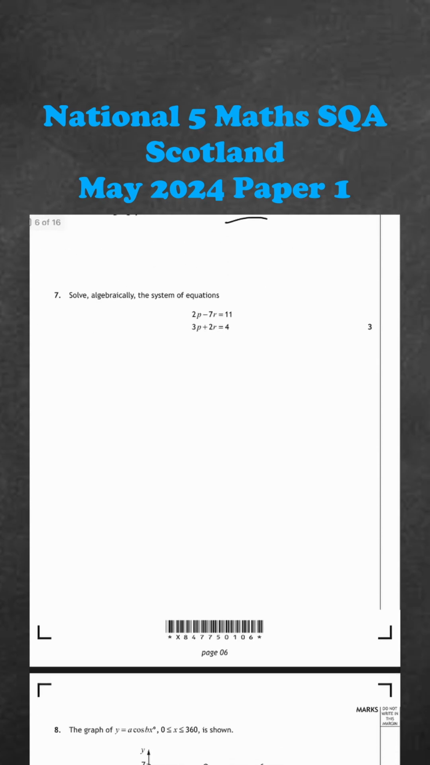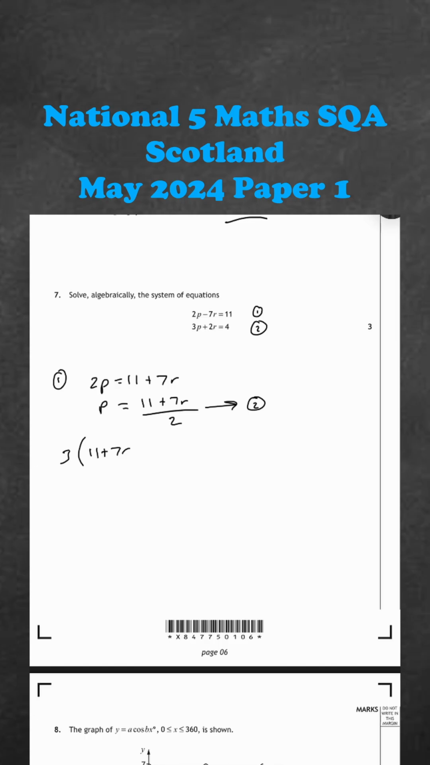Question number 7. Solve algebraically the system of equations 2p minus 7r equals 11, 3p plus 2r equals 4. So I'm going to make it so this is equation 1, this is equation 2. If I look at equation 1 and I say 2p equals 11 plus 7r, then I can say p equals 11 plus 7r over 2. Now I'm going to put this into equation 2 so that I get 3 lots of 11 plus 7r over